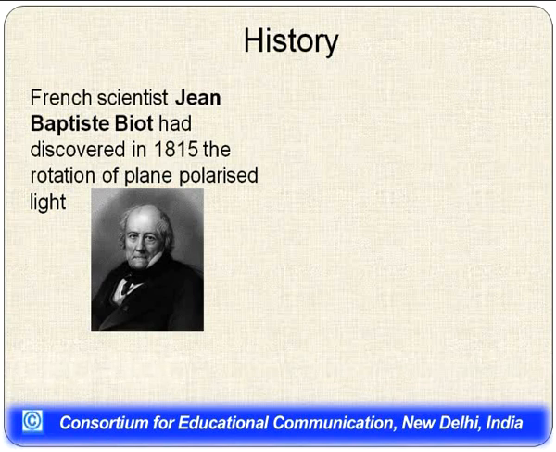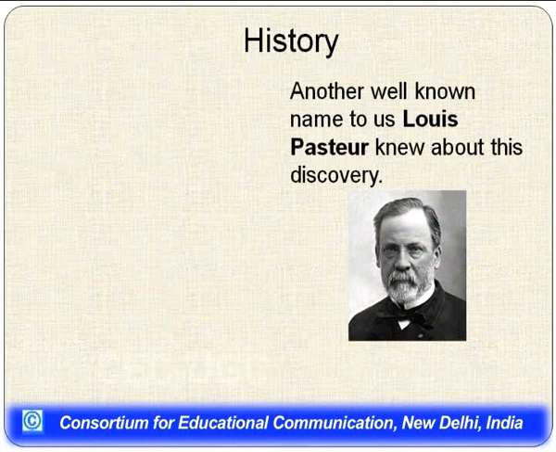So, we should appreciate the capability and the mindset of these scientists, what they used to think. It was done in 1815. Now, I have divided this whole lecture into a few stories. So, the first story starts with this scientist and goes to the other one,